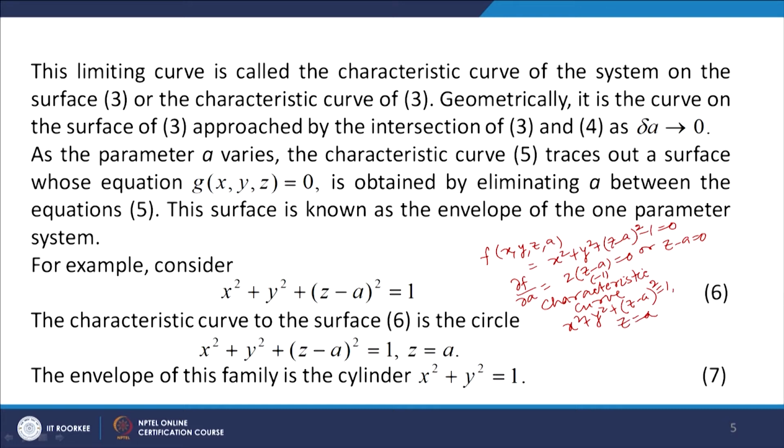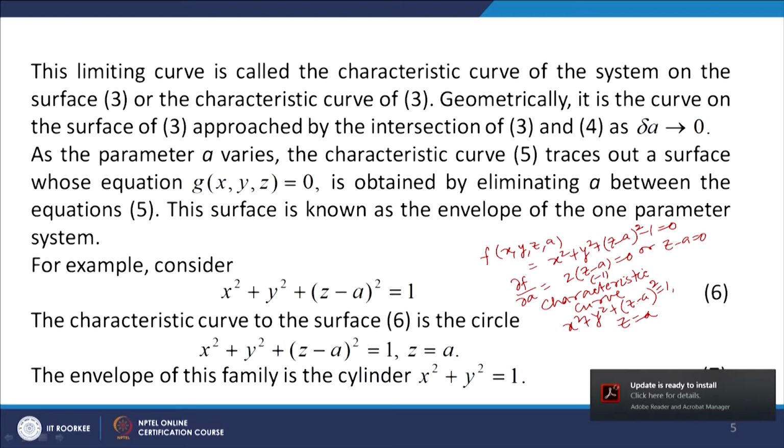Now, you can see x square plus y square plus (z minus a) whole square equal to 1 is the family of spheres with radius 1 and centers on the z axis, at 0, 0, a. So, it is a family of spheres with unit radius having their centers on the z axis, and the characteristic curve of this surface is the circle given by x square plus y square plus (z minus a) whole square equal to 1, z equal to a. So, the circle lies in the plane z equal to a, and when we want to find the envelope of this family, then we